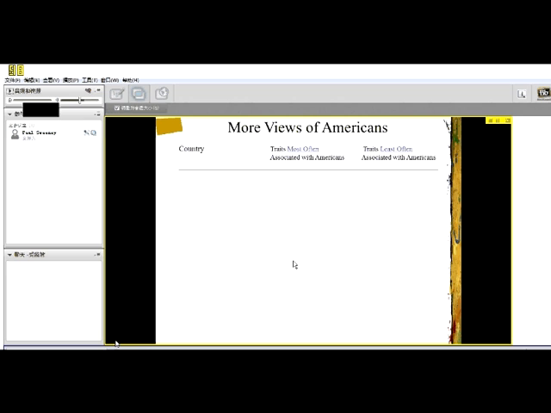Time magazine did a study not long ago. They didn't do it. They commissioned Gallup to do it, and they asked a national sample of various folks in countries across the globe what they thought of Americans. They gave them a long list of traits, a long list of positive and a long list of negative ones. And people were asked to choose from among this list. And so here are some results. Take the Brazilians. And remember, this isn't just a convenient sample of a couple hundred people at a mall. This is a national probability sample of Brazilians. One we can have some confidence in represents the nation itself.